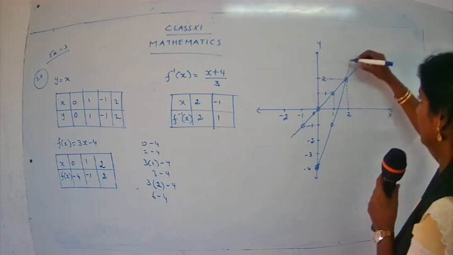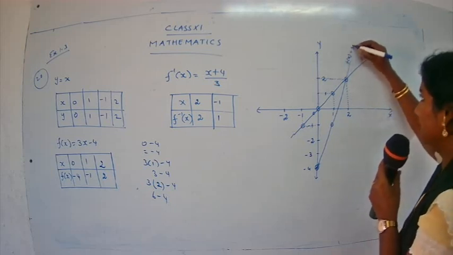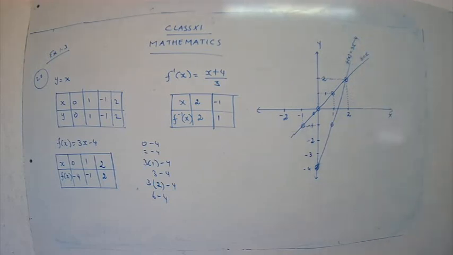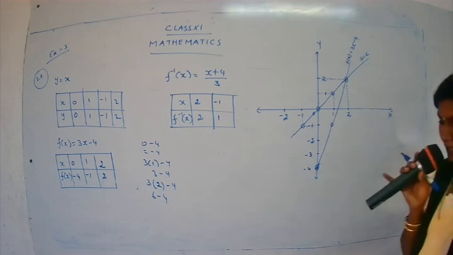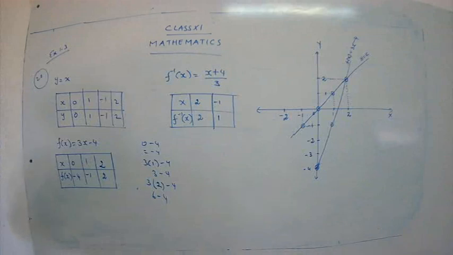Somewhat it will go here. So you have to write down here f of x is equal to 3x minus 4. F of x, we are going to draw the graph on plain paper. Whenever you mark the numbers 1, 2, 3, you use a scale so that if you go on marking with proper centimeters, you will get a perfect graph. The graph will look perfect, like how you do in your graph note.